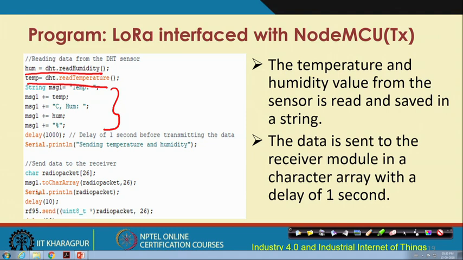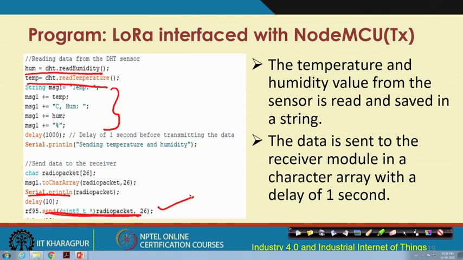So, this message 1, which has been built earlier through the string concatenation, will have to be converted to a character array and is printed in the serial port. Then it is sent using this part of the code. It is sent using this part. So, this sending will be done. After that,